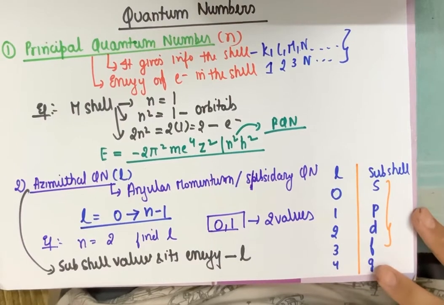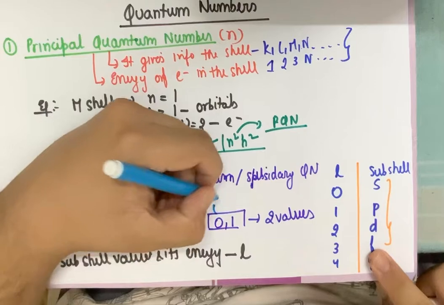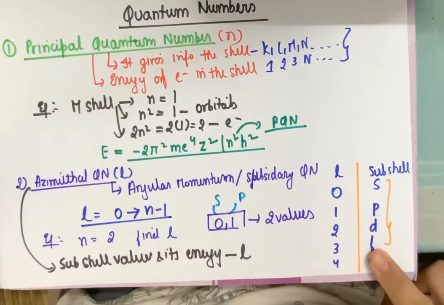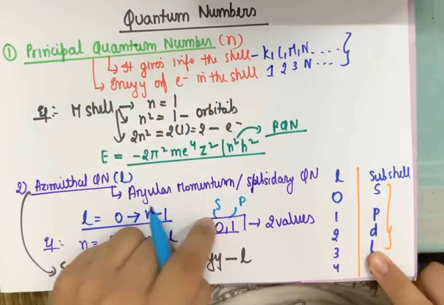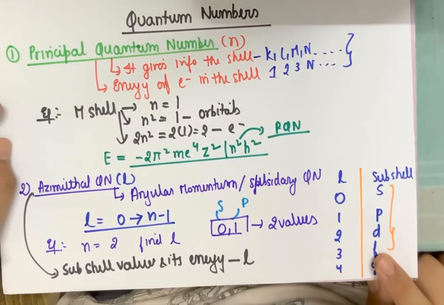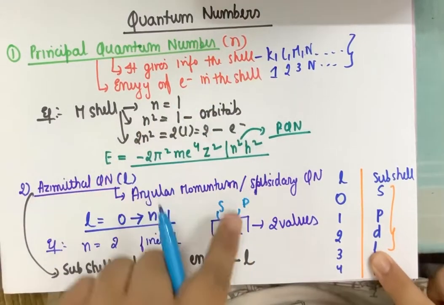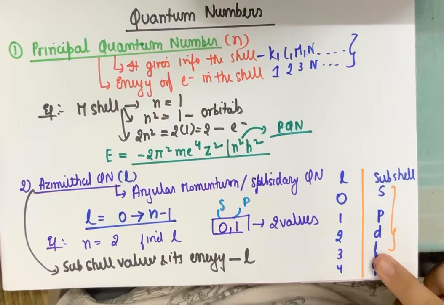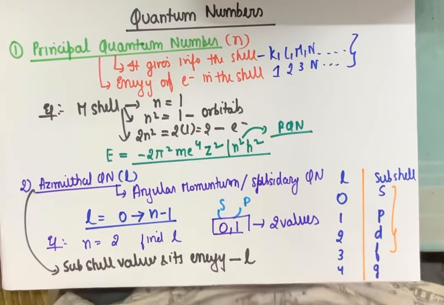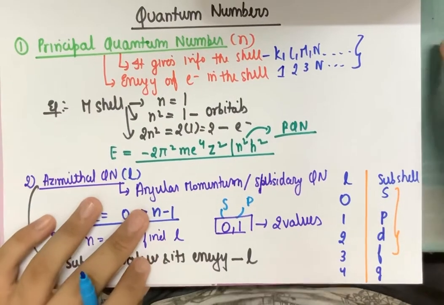So hence what I can derive is, if n is equal to 2, I can have two subshells, which will be S and P. I can have the S subshell and the P subshell with shell number 2. That means your L shell can give me an S subshell and a P subshell. This is fine. Now moving on to the next quantum number, which is your magnetic quantum number.